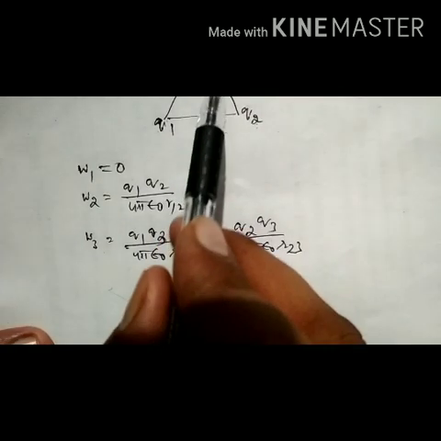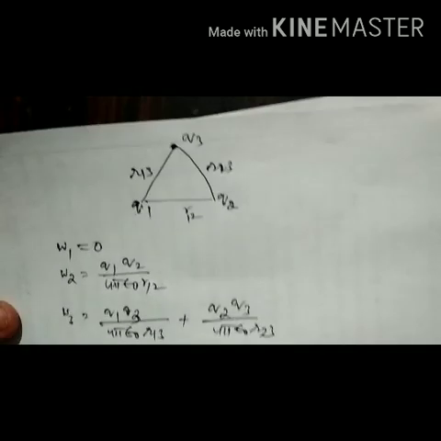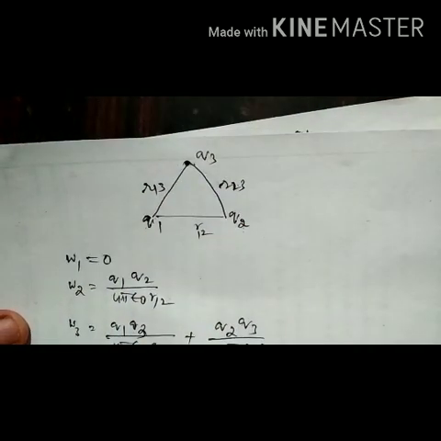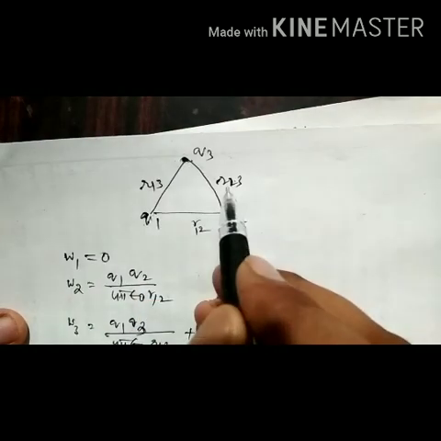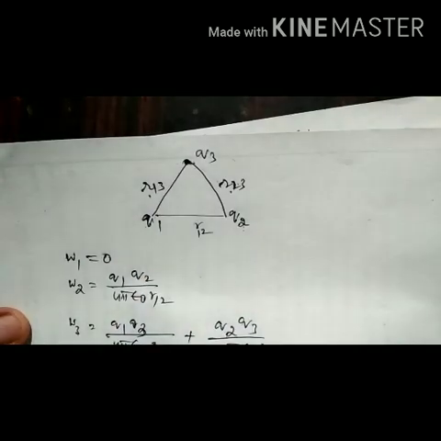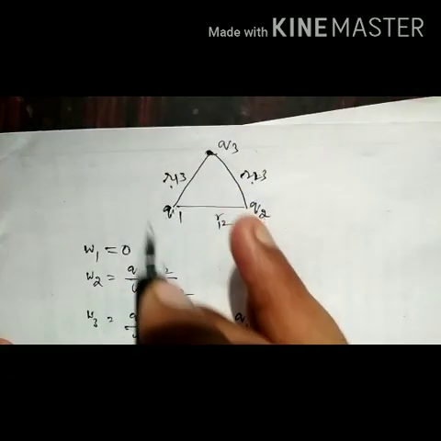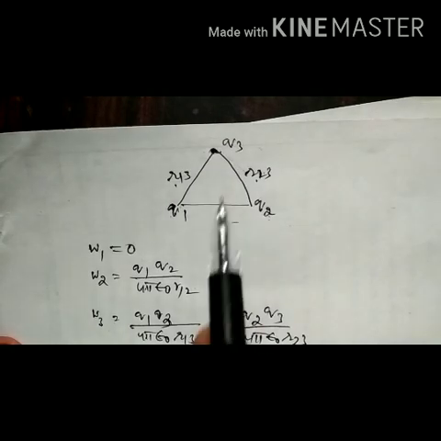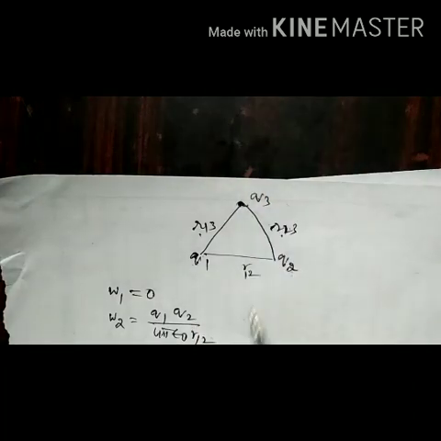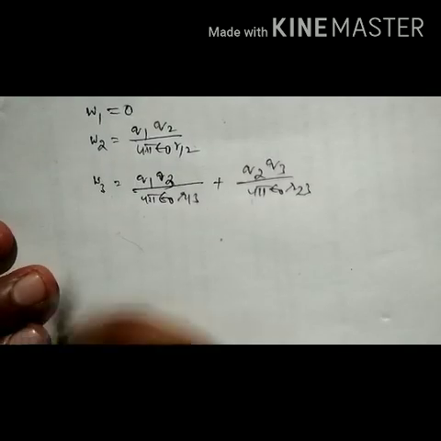So what is the total work done in assembling these three charges? You are bringing each and every charge from infinity, and you are assembling them in the form of a configuration. So if you change the position of this charge, r23 and r13 also change. So for each configuration you have one potential energy. That is the basic idea. So the work done in assembling the charges in the form of a configuration is stored as potential energy of this system of charges. Suppose you want to move these charges to infinity, you have to supply energy equal to the potential energy of this system.